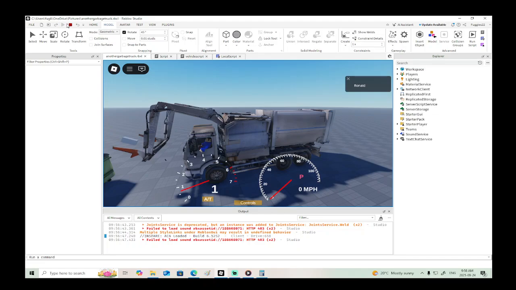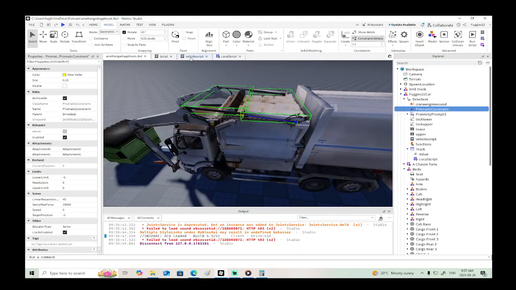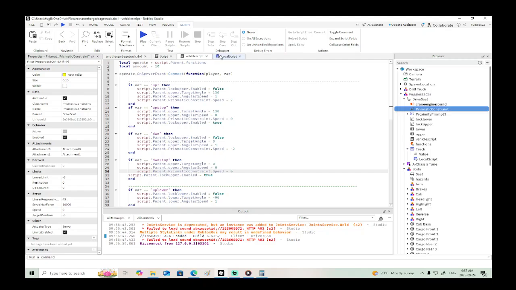That didn't work. Change its target position. Let's see. -2 doesn't work for the speed? No. Oh, so we'll have to change it. Okay. So we have to say